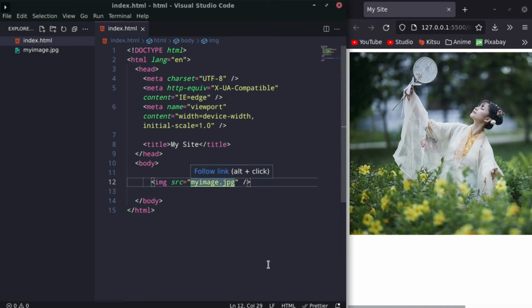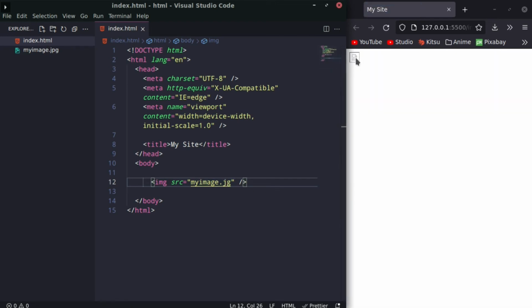Now you'll notice, let's say you forgot to say that P there, so now it's just myimage.jg. You'll notice that we just get this little broken image symbol. Sometimes the user wants to know what that image is, and you cannot always predict whether this image will be passed in correctly or not. So we can just say alt for alternate text. This is basically an attribute that can be used to describe the image. So if the image on the website breaks, then this can be a way to tell the user what was there. So we can just say Asian girl